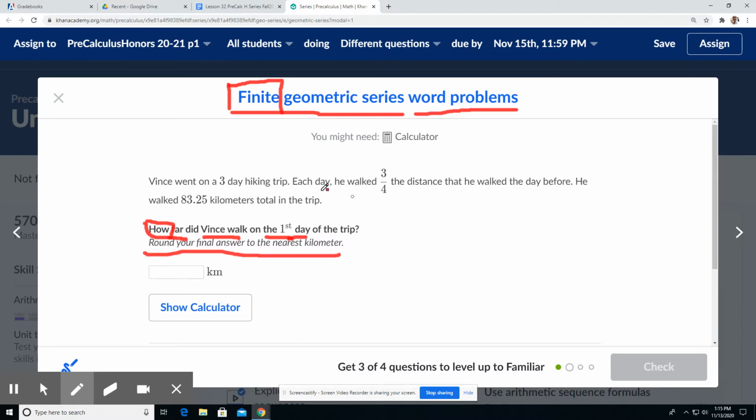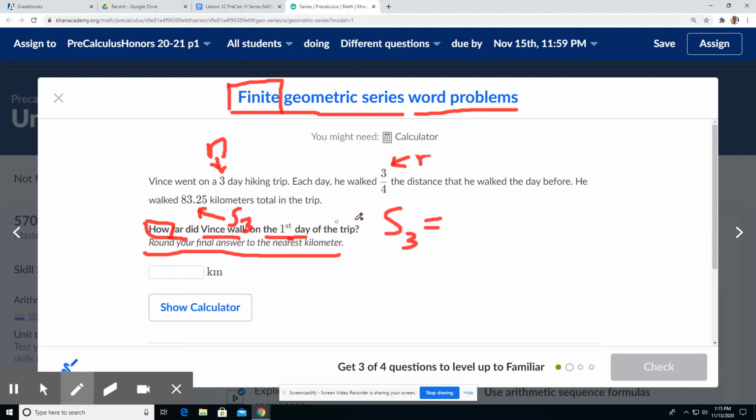All right, kilometer. So a 3-day hiking trip means the total amount of these distances totaled together. So that's our n. n is 3. Each day he walked 3/4 the distance he walked the day before, so that's your multiplier or common ratio. He walked 83.25 kilometers total in the trip, and that's going to be your sum of all the days that he walked for the 3. All right, so S of 3